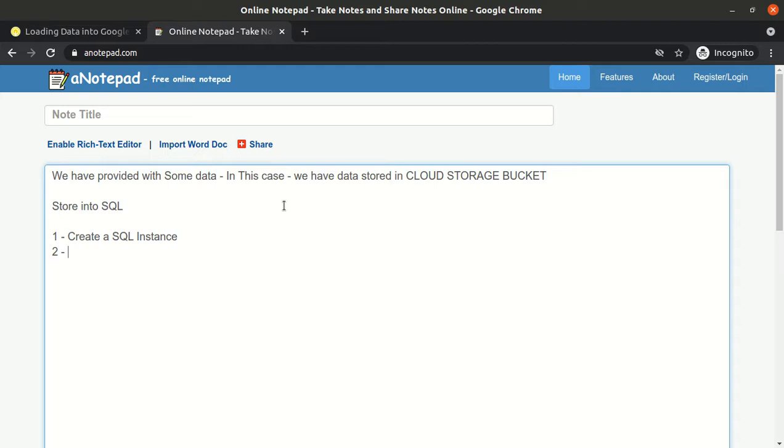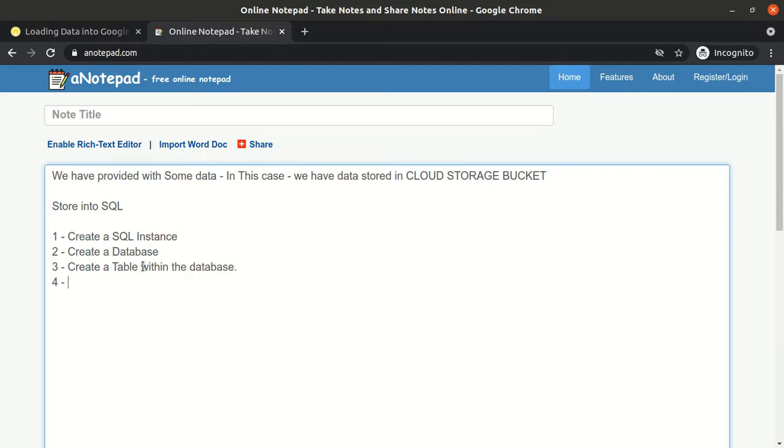Once the SQL instance is created, we need to create a database. Once the database is created, we need to create a table within the database.